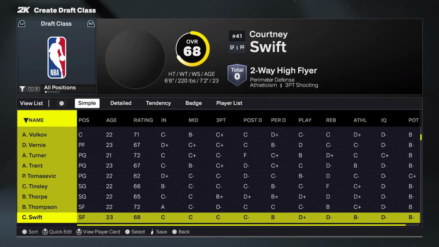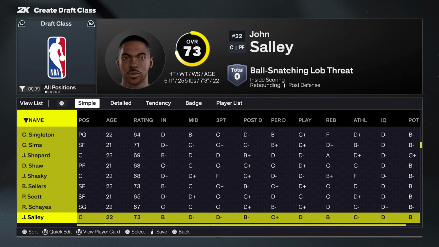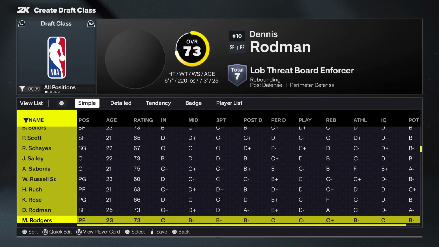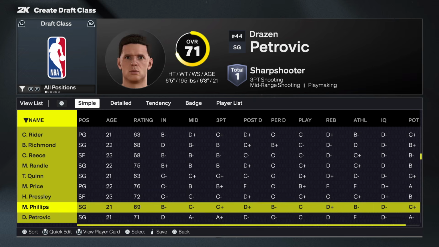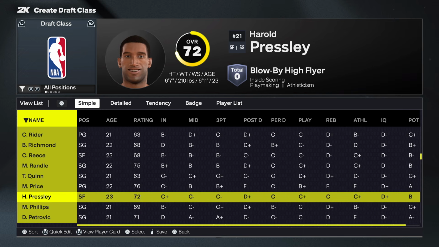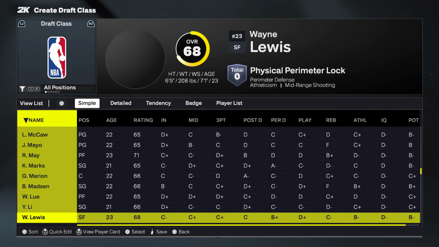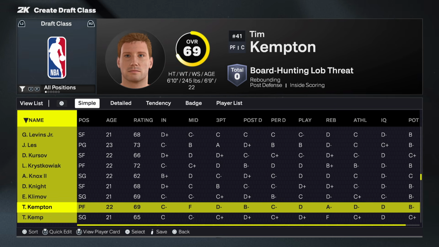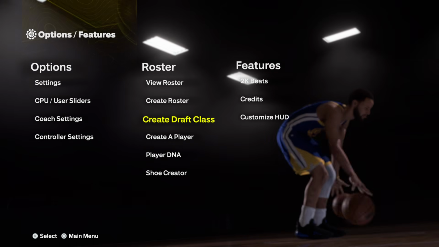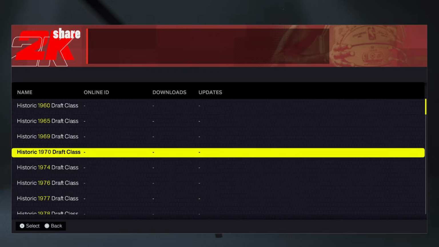And then a second player we have here is Harold Presley. So he got an update as well. Last but not least, we have Tim Kempton with an update. So all of those guys, you could see they were MyTeam exclusive last year. And so now they actually get their player art added, and then they're added correctly into MyTeam. So that's good to see for any roster makers across the board to be able to add those guys in